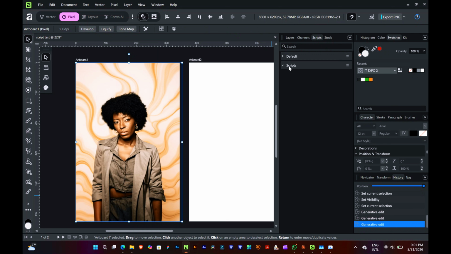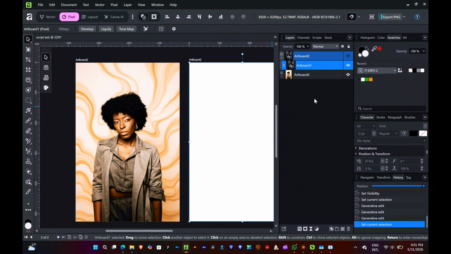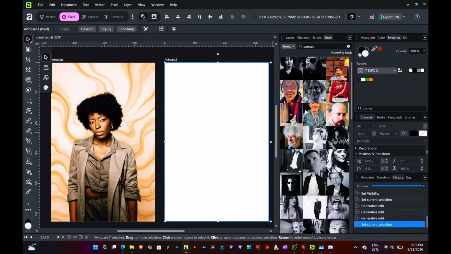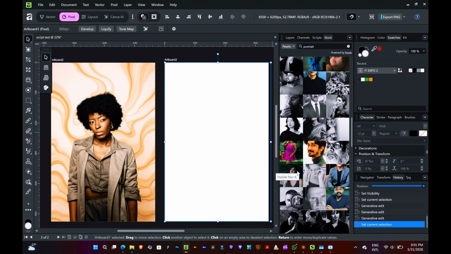It's sort of like an automated design flow. You don't need to remove the background to change the background. You could just do it with a single click, and you just input your prompt and make the necessary adjustments. So from the pixel stock